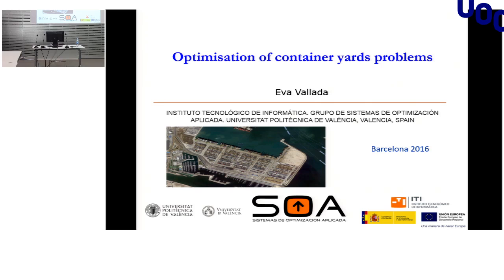Yes. Because in principle, in the model, you don't know how much time it will take to reshuffle all the containers. Yes, the other two problems, the pre-marshalling and reshuffling, the rest of the people from the group, theoretically they are working on this problem, but I think they didn't start yet. So well, this is an invitation, so if you think it could be interesting, Javier and Laura just sent me an email about that. Yes, absolutely,